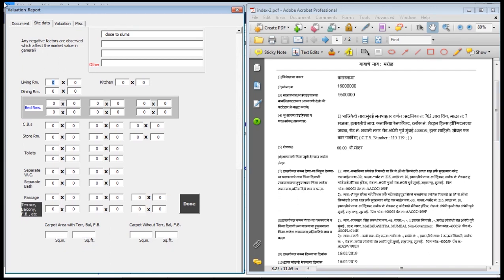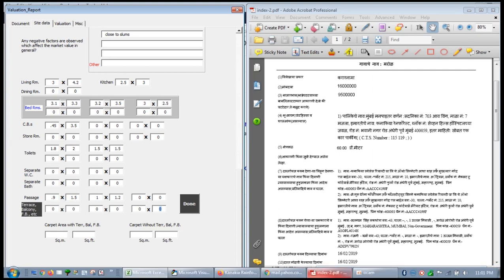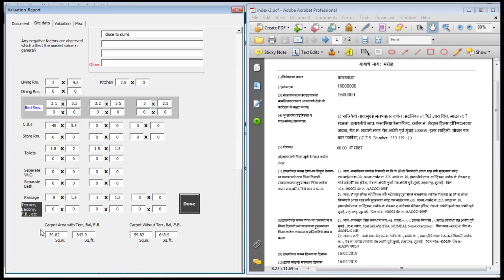Now if you want to add details of rooms, toilets, passages etc., then insert those here. Or you may directly insert the on-site carpet area here.